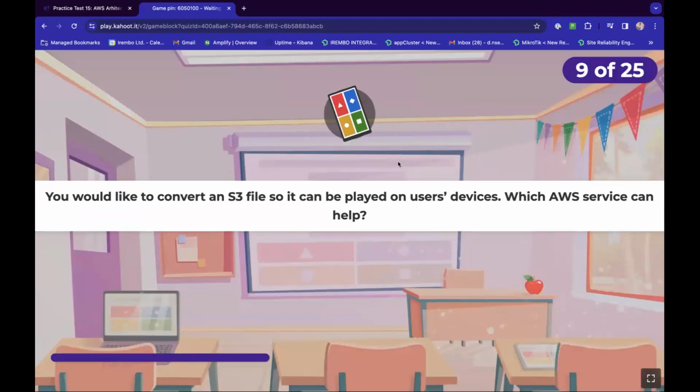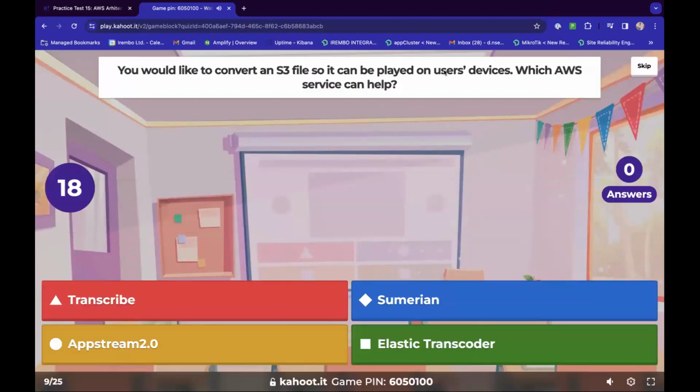So you would like to convert an S3 file so it can be played on users' devices. Which AWS service can help? Transcribe, Sumerian, AppStream, or Elastic Transcoder?